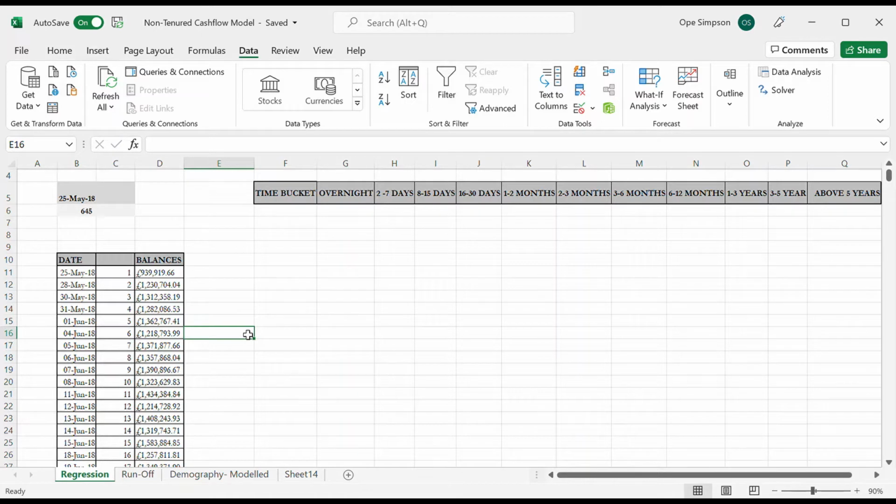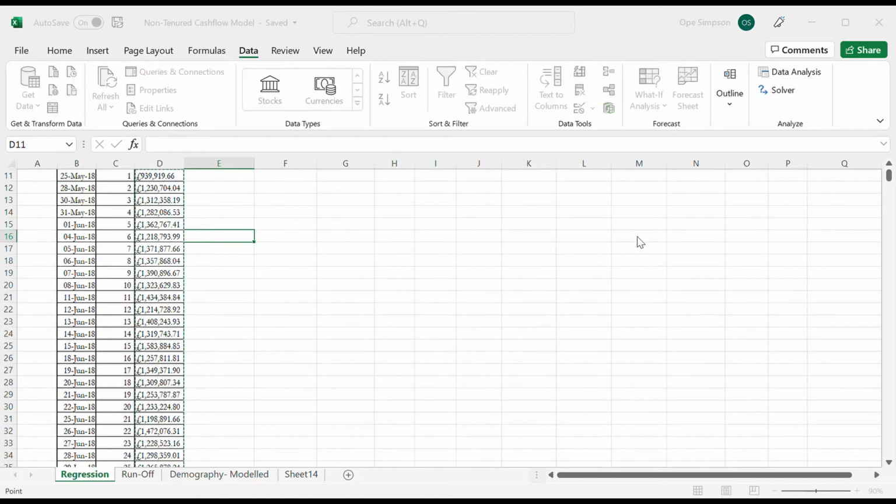Once we have substituted the numbers for our dates, we start the regression proper, and we do that under the data tab of Excel. To use a regression in Excel, you must have already downloaded the data analysis pack. So what we do is click on the data analysis pack, go to regression, click on OK,